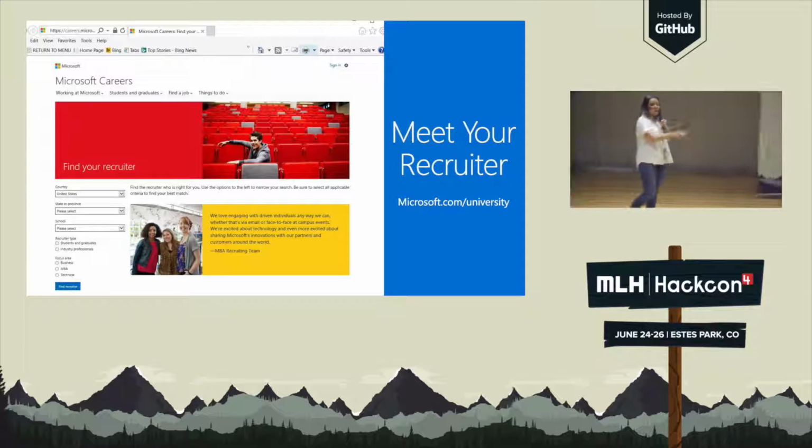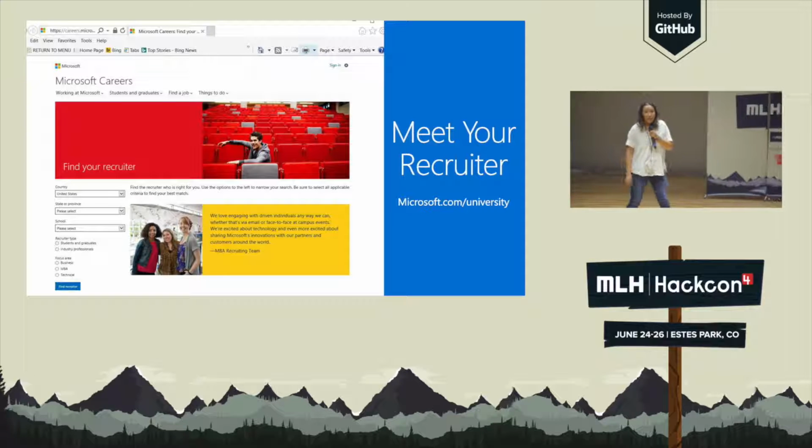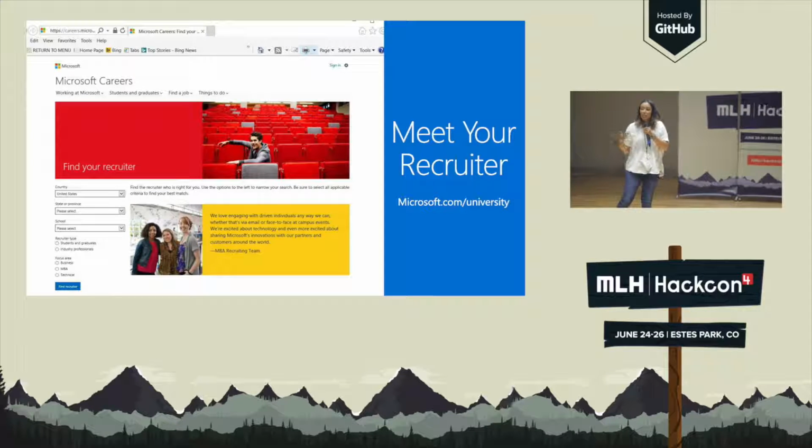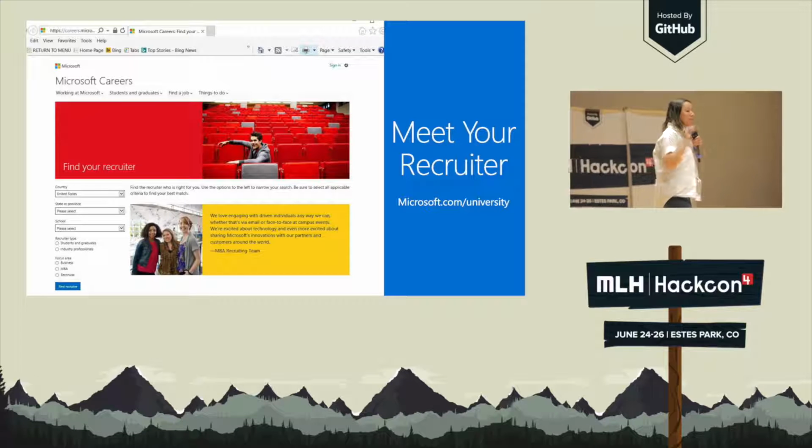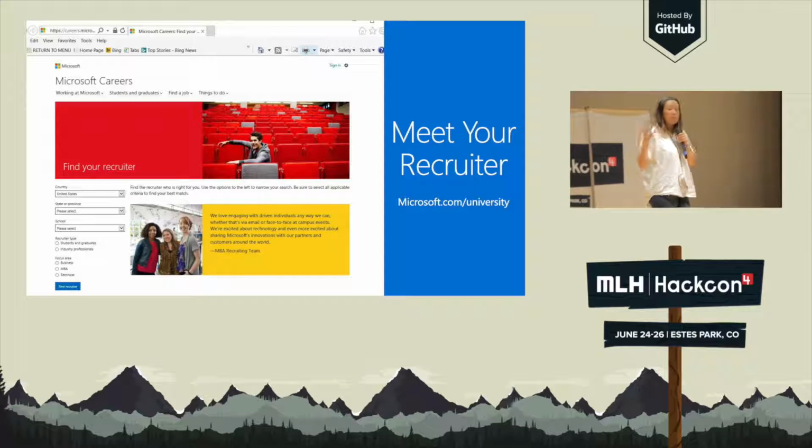And for those of you who have not had an opportunity to meet your recruiter, it's actually quite easy to find out who your recruiter is. You go to the Microsoft site, you look for your school, and it will say connect with my recruiter. I will say that the recruiters do monitor their alias or their email quite often. The other option is to find out when recruiting will be on your campus. The schedule's typically posted, so if you don't want to necessarily email your recruiter, there's an opportunity to figure out when Microsoft will next be on your campus for recruiting specifically.